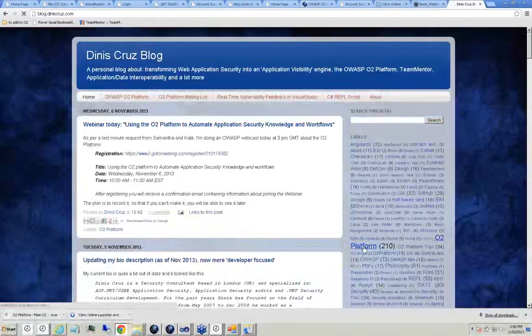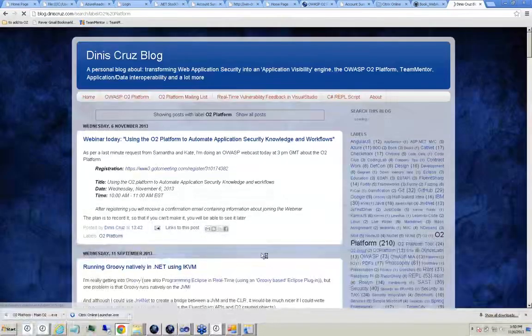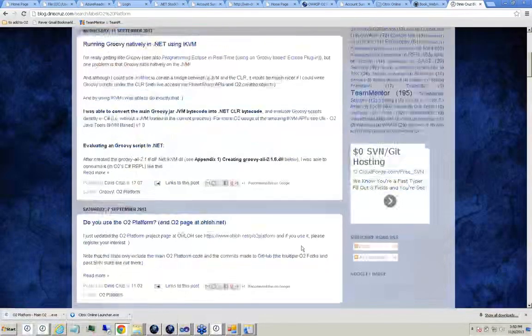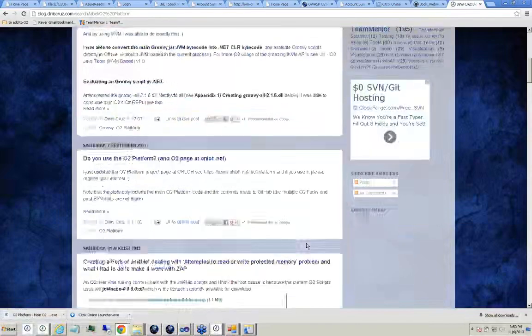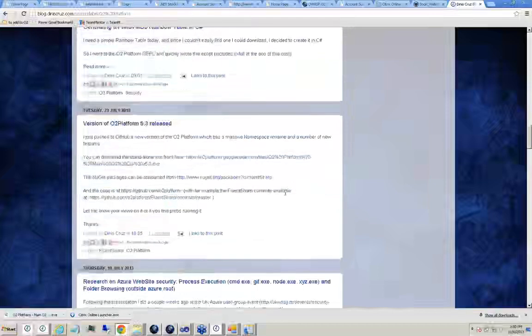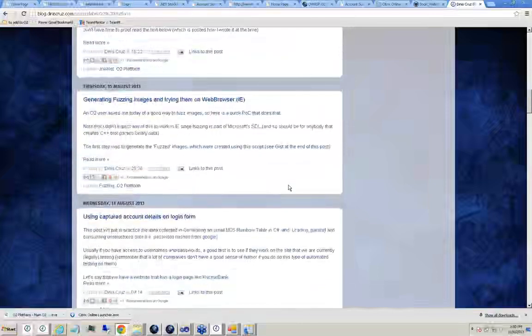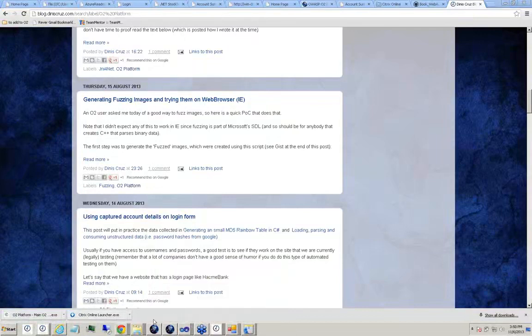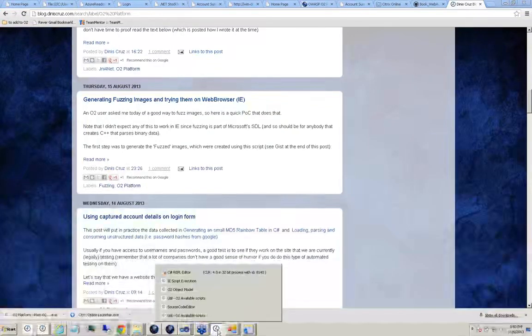You can see there's 210 posts, right? So you can really find all sorts of stuff in there, including how to do all sorts of Java manipulation, handles manipulation, Windows hijacking, etc. Including if you want to do ASX, that's the other thing you can do. And just to finish off my last demo, which is a great party trick, one of the things I figured out was that if you go to the main O2 platform, I figured out that there is